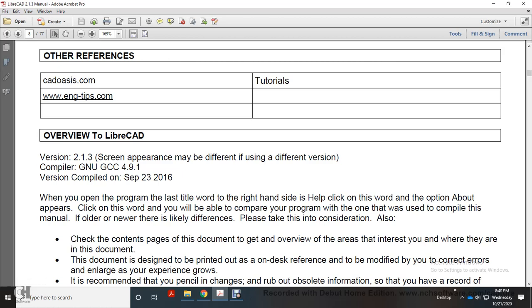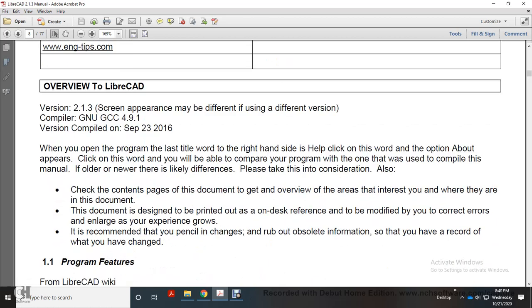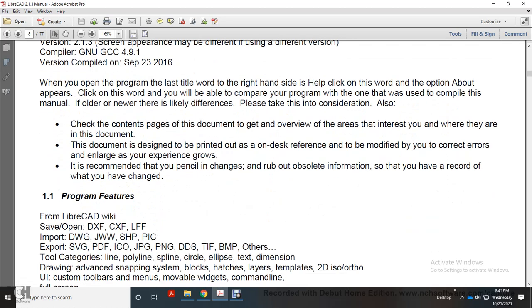Please take into consideration older and newer differences. Check the contents of the document to get an overview of the areas of interest wherever they are in this document. The document is designed to be printed out as a desk reference, modified with corrected errors, and enlarged as experience grows. It is recommended that you pencil in changes and rub out obsolete information, so you have a record of what you have changed.